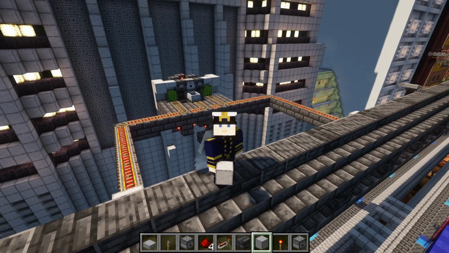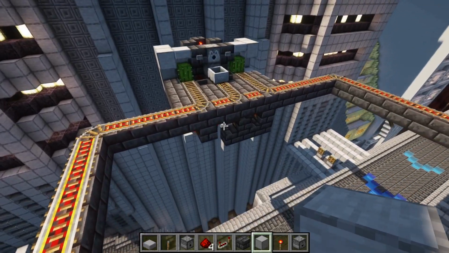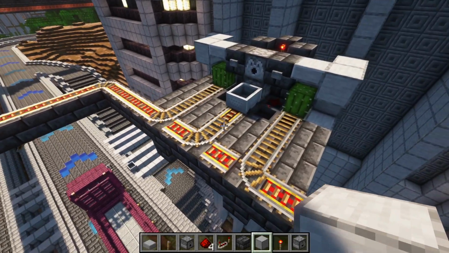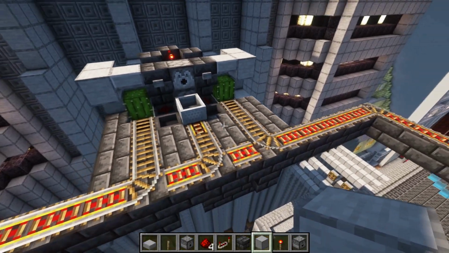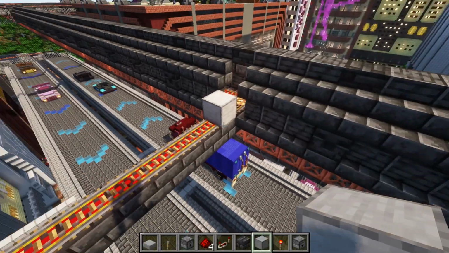Okay, and I came up with this system. And we're just gonna fly over here. It's a, yeah, how am I gonna describe this best? It's a track changer, storage and launcher system. That's quite a mouthful. And basically what it does, I put some temporary blocks here, but normally the rails continue